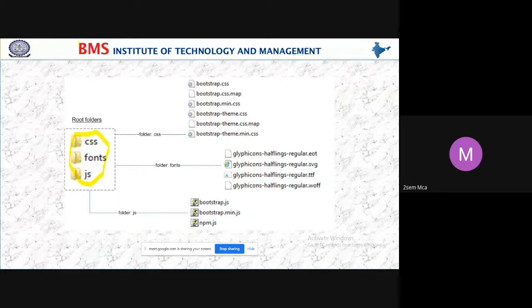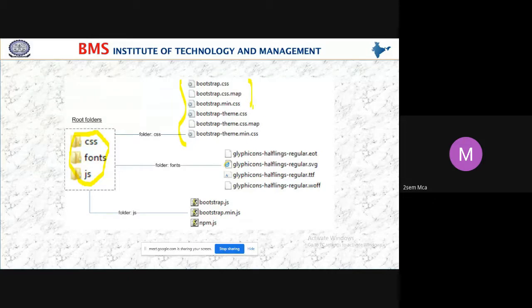When you open the CSS folder, it contains these files: bootstrap.css, bootstrap.css.map, bootstrap.min.css, bootstrap-theme.css, bootstrap-theme.css.map, and bootstrap-theme.min.css.